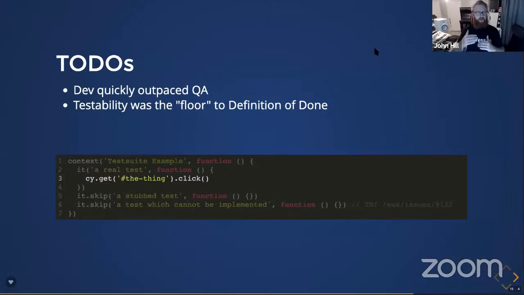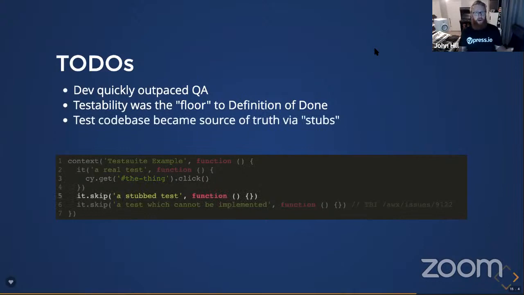It wasn't 10% automated, or 40% automated, or anything like that. We just wanted to make sure that when we come back to add coverage, we don't have to destabilize it by adding in testability. So when the developers added something, you saw it was like credential list copy, the ID. We wanted this, the attribute we could come back to later. And then what we ended up with is that, over time, the test code base became the source of truth